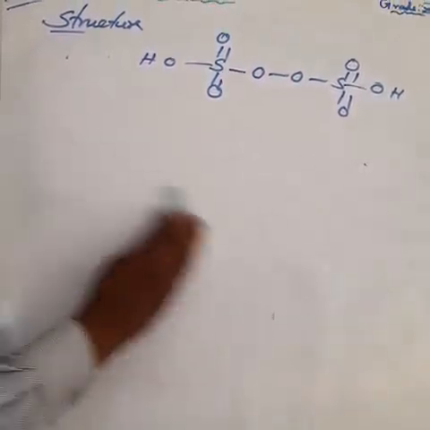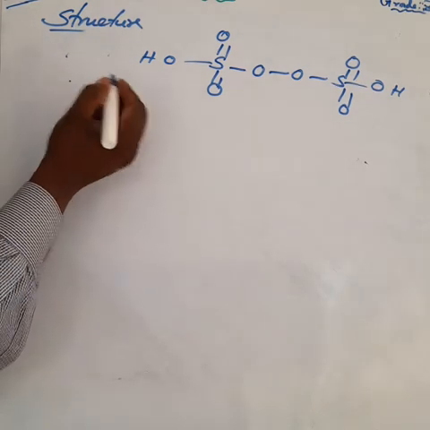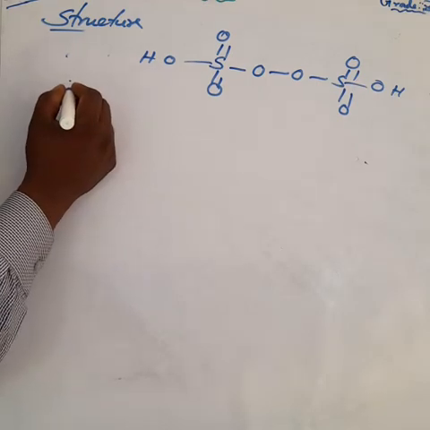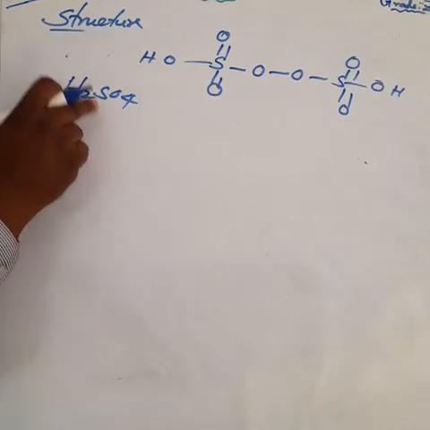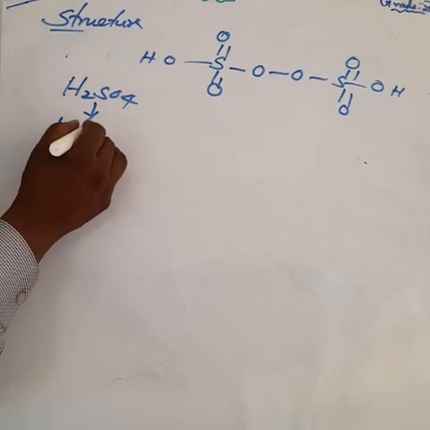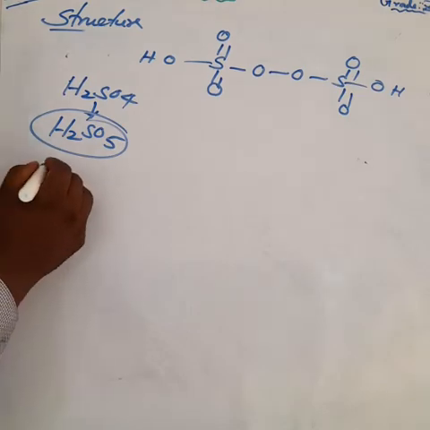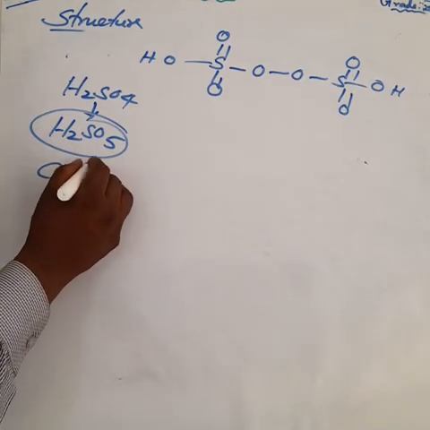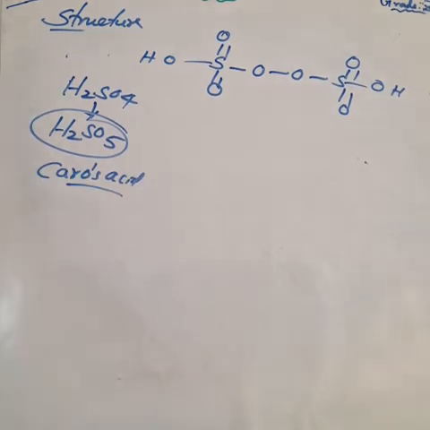Next one. Peroxymonosulfuric acid. For learning this formula, what is the formula for sulfuric acid? H2SO4. Am I right? Here, peroxymonosulfuric acid: again you are adding one more oxygen atom, so the formula becomes H2SO5. Caro's acid, okay, Caro's acid. That is also one of the important questions. Marshall acid and also Caro's acid are very important questions. Try to learn.